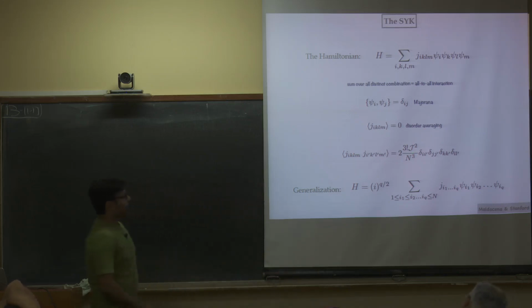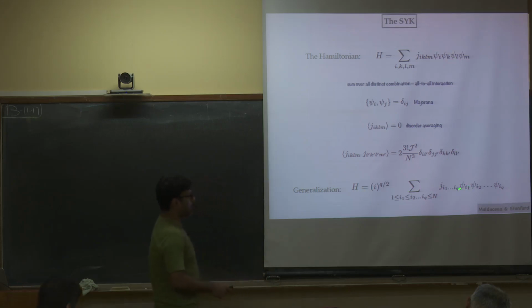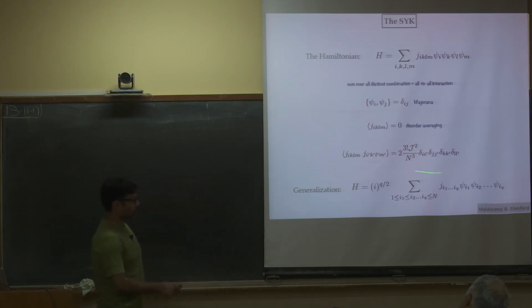And of course, this is the original SYK-type interaction, but nothing really stops you from taking this model and generalizing it to a Hamiltonian like this, in which you actually have q number of fermions interacting, all of them Majorana still, and with a coupling of this sort, they are still drawn from a Gaussian distribution like this, and therefore you get a Hamiltonian of this sort. This factor of i is just there to make things Hermitian, and that's a very standard generalization that one does.